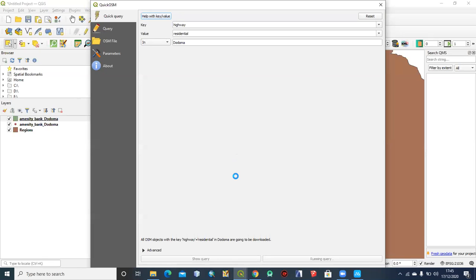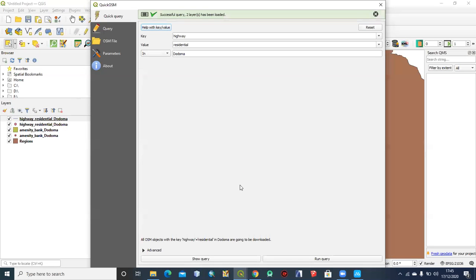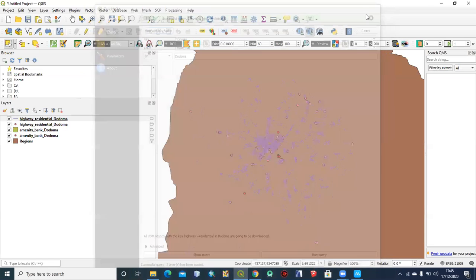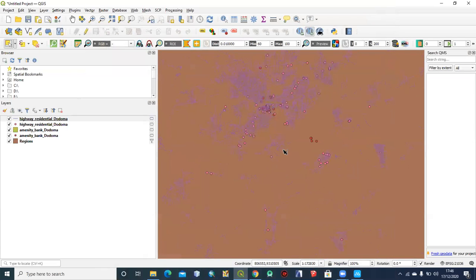It takes a little bit because of the data you need; if it is huge, it will take a long time to load. Yeah, it is done. As you see, we have residential roads,